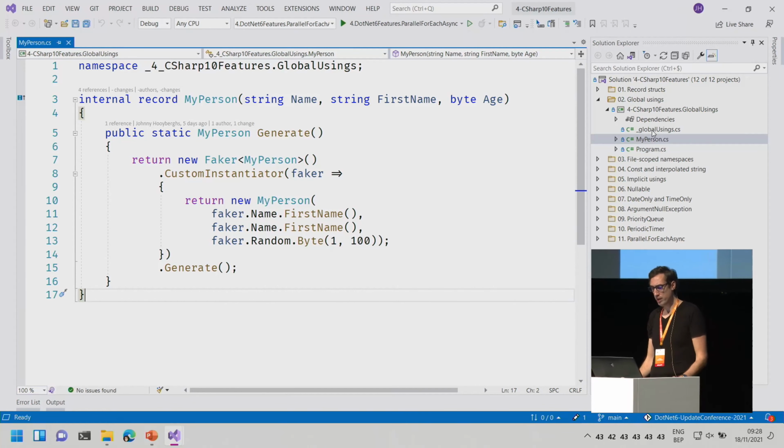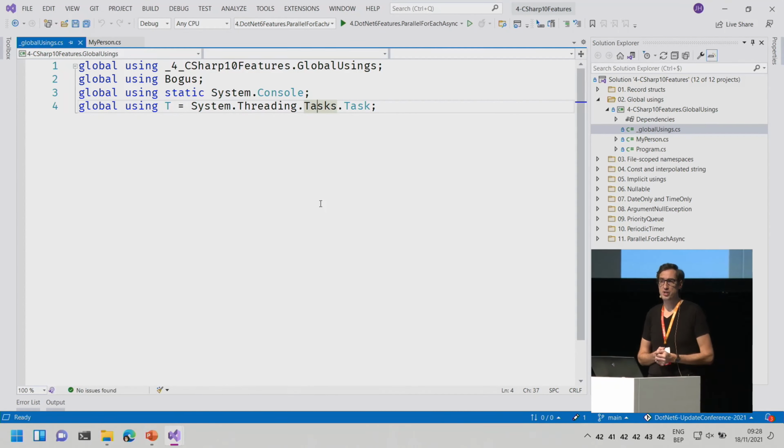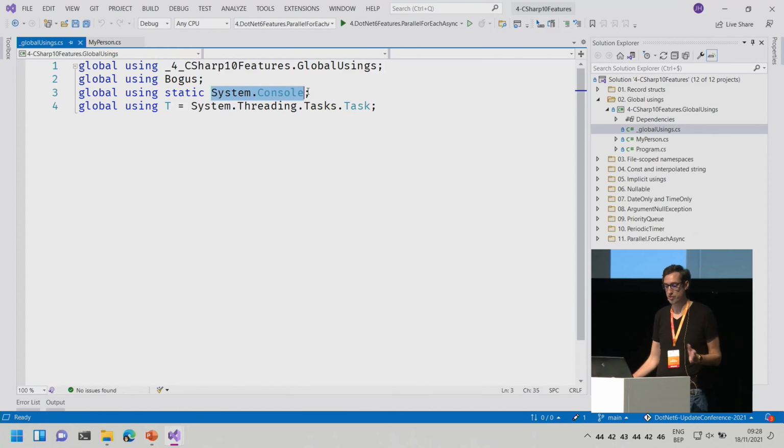Today, you can put usings that you're using in many files into a separate file, and you can call them global usings. Again, this is a compiler feature. It doesn't really exist in the .NET framework itself. When you compile your code, all of your global usings will be copied to all of your files. That's it. So you don't need to do it by yourself. But if you're using like system.console in all of your files, just add global using system.console, and you can use it everywhere without adding the using there.